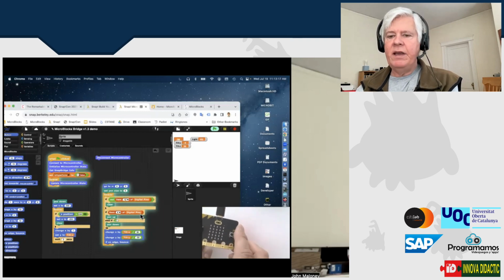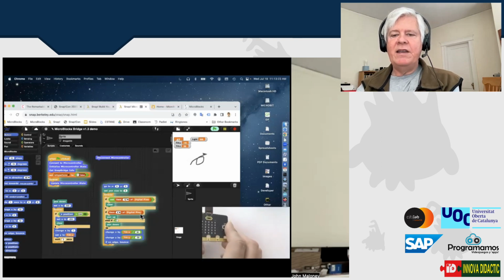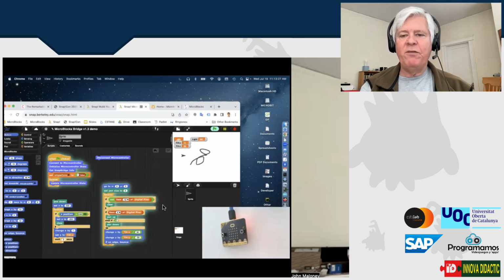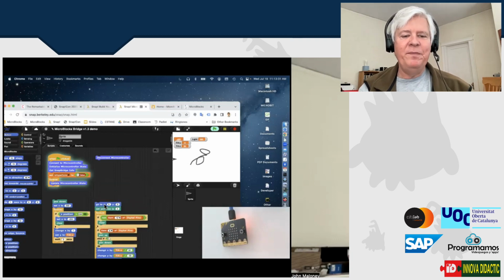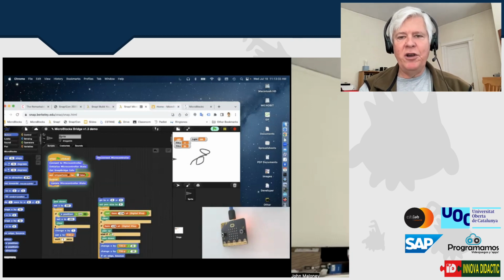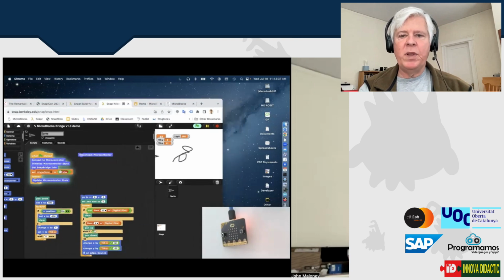the display. The other pin, if I hold it down, starts drawing a line. So I can actually use this as a little drawing tool. I'm not very good at it, as I said, so I won't try to write my name or anything fancy like that. Okay, the last thing I want to show is how you can extend the MicroBlocks program to do